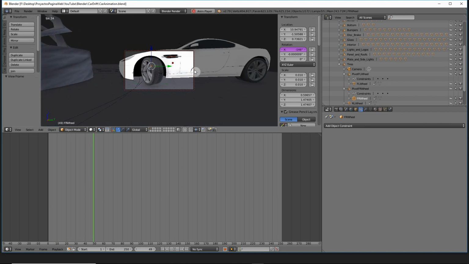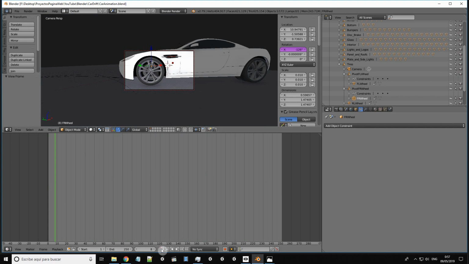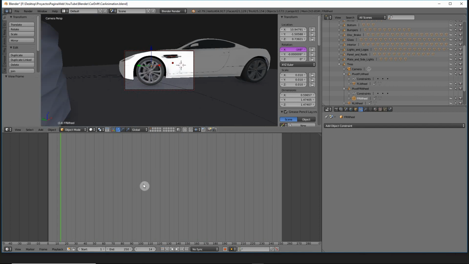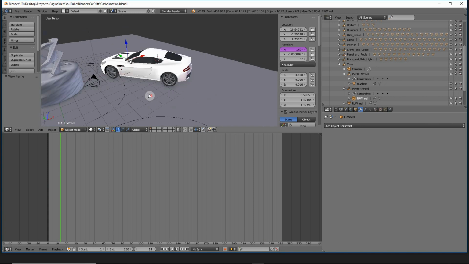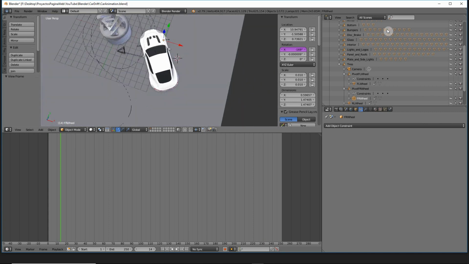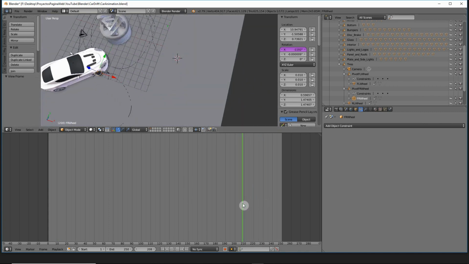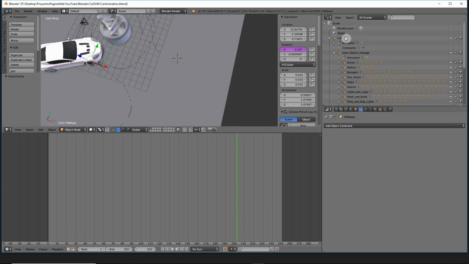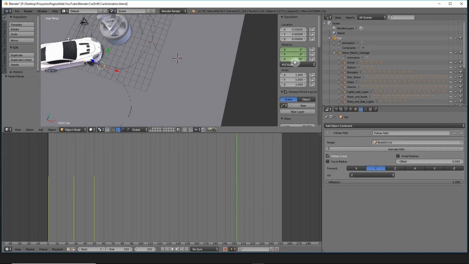Click on A, and now we see that the wheels are following more or less the path. One of the problems we're having is that there is a point when the car stops, it's not getting back. So we have to fix the animation of the car as well. For that we are going to go back to 0. Then let's just fix the animation. We have that at the end the car still has this 30 degrees. What we want is for it to be back.